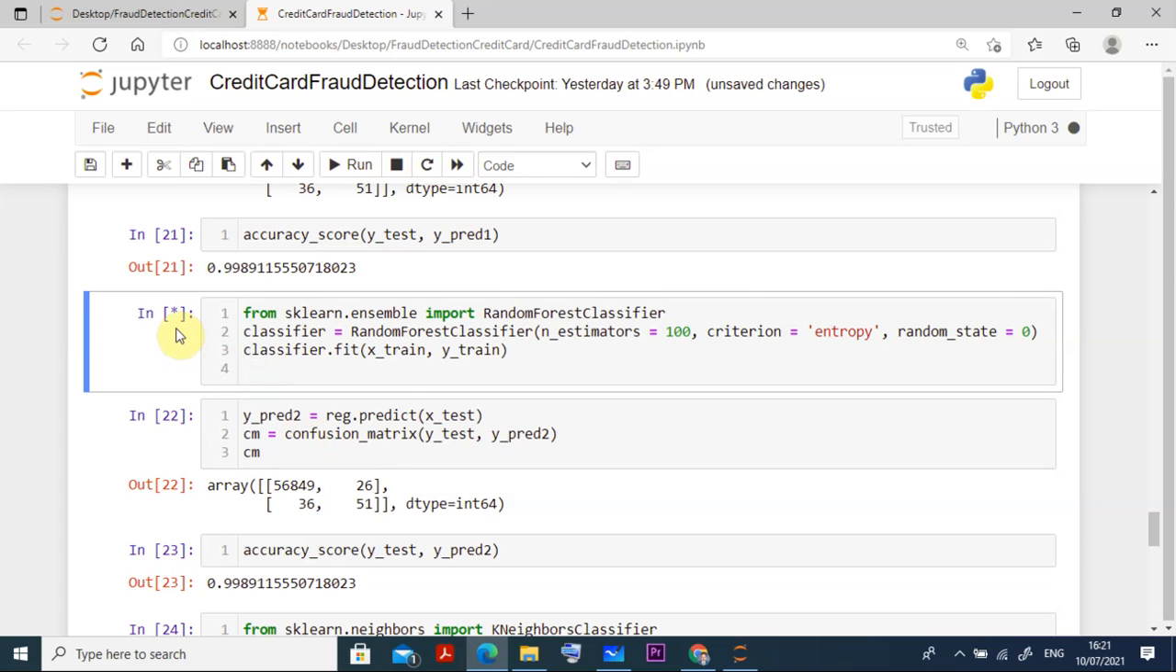Okay, still it is running because it has to import the random forest classifier. It takes some time. Don't worry about that one. Entropy we are using and random state is also 0. It will take around 1 minute. Okay, nothing to worry. Then just after that we go for the prediction 2 and also find this confusion matrix. Once it is there, yeah,